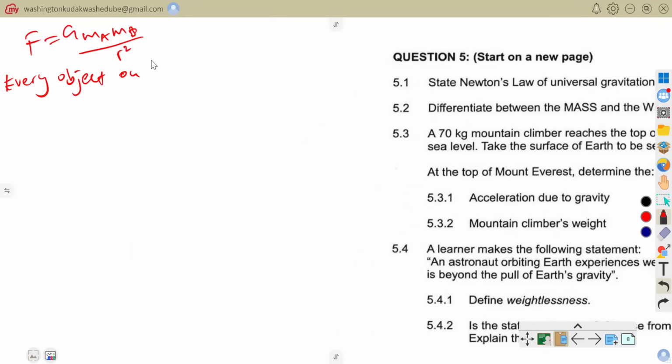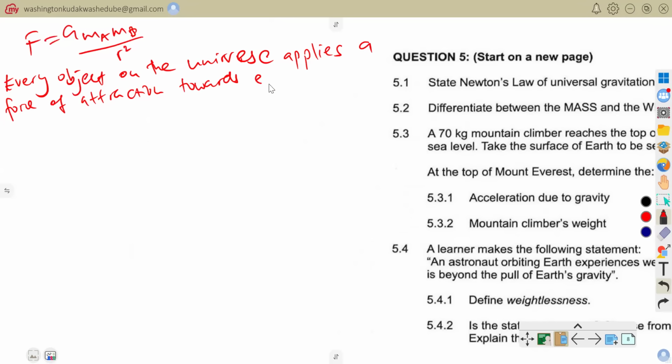Every object in the universe applies a force of attraction towards every other object. So each and every object that exists in the universe, we are always attracting each other with